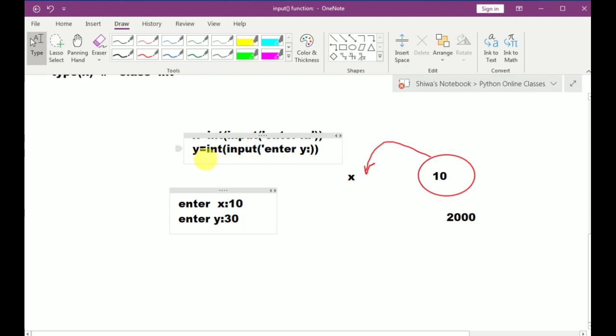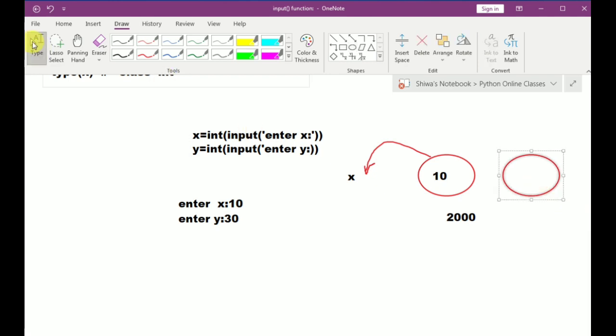Now implicitly, what will happen? Again another object will be created. This object's value is 30. That value will be stored, and assume this memory location's address is 5000.